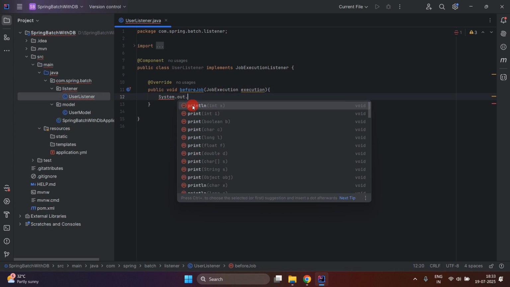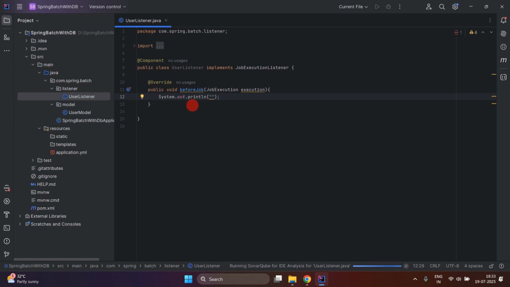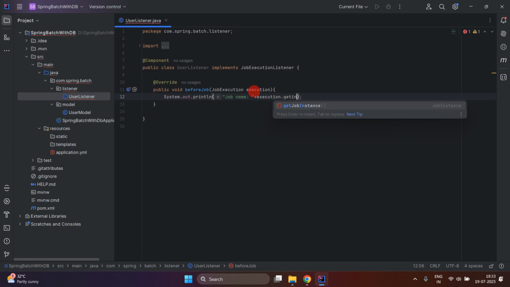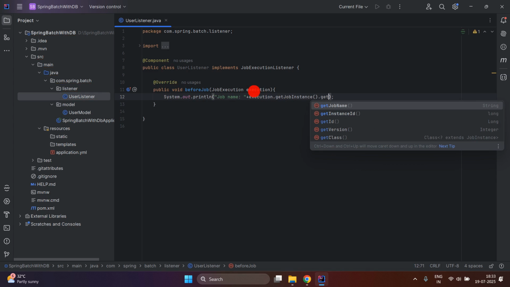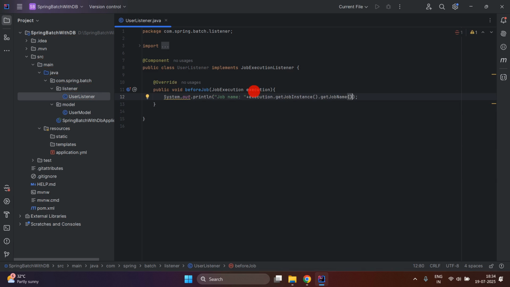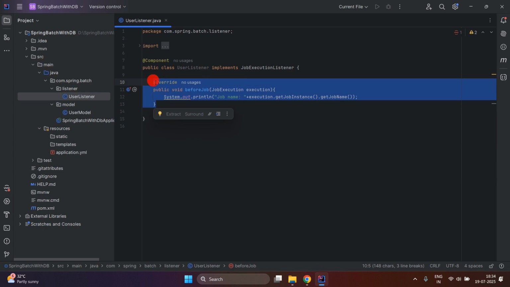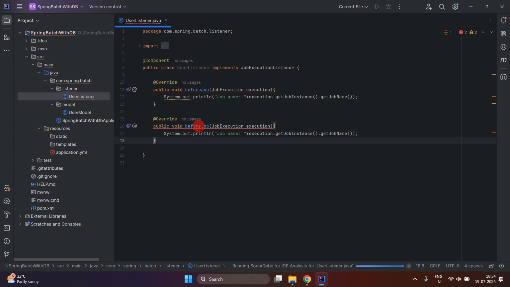Okay, before job, so write system.out.println, and then here I am going to show the name before job. Okay, so write job name, and we will get the job name with the help of this execution. So write execution dot getJobInstance dot getJobName. So in this way we will get the job name before job execution. So similarly I'll create one more method here that would be afterJob,